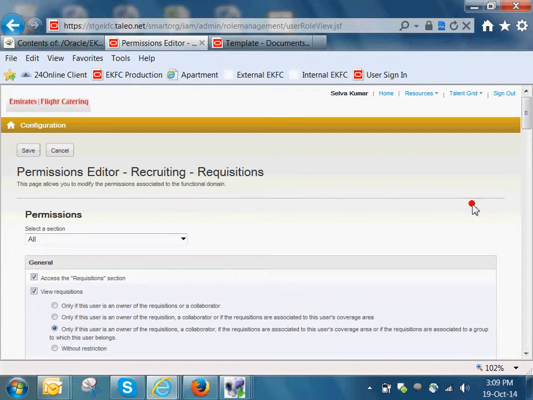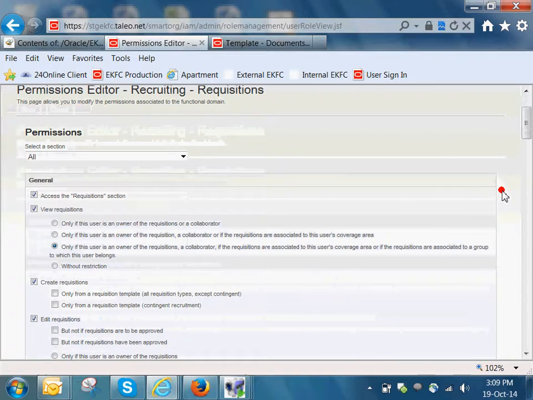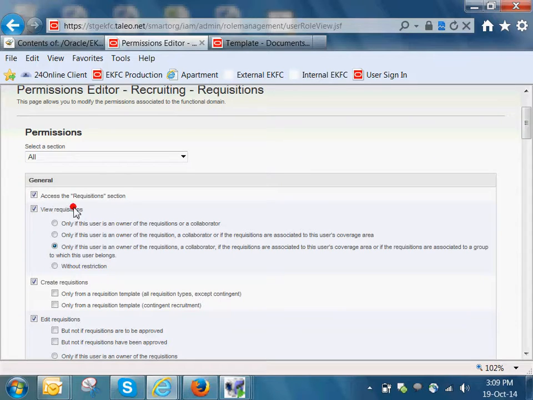You will see all the permissions: access requisition, view requisition. If I uncheck this one, then all the users who have this user type will not be able to view requisitions.